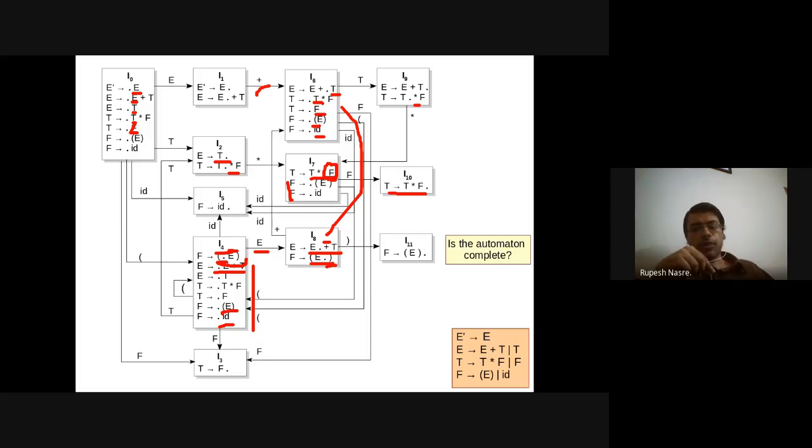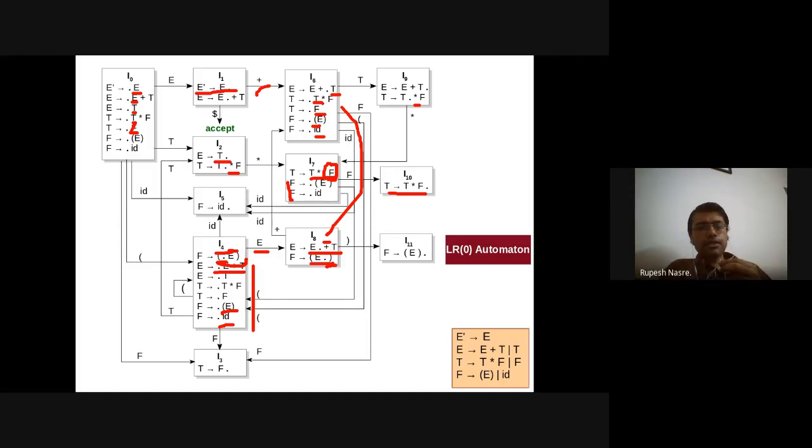Okay. Since we have augmented the grammar to E prime deriving E, the acceptance is going to happen after we have consumed all of E when we were deriving E prime to E, right? So that appears here. When I have consumed E, on that, if I see a dollar, at that time I can accept. So that is going to be this, and this complete complicated block diagram, which only looks complicated, but we could see that it's just a mechanical procedure to come up with this automaton. This is called the LR0 automaton, right?